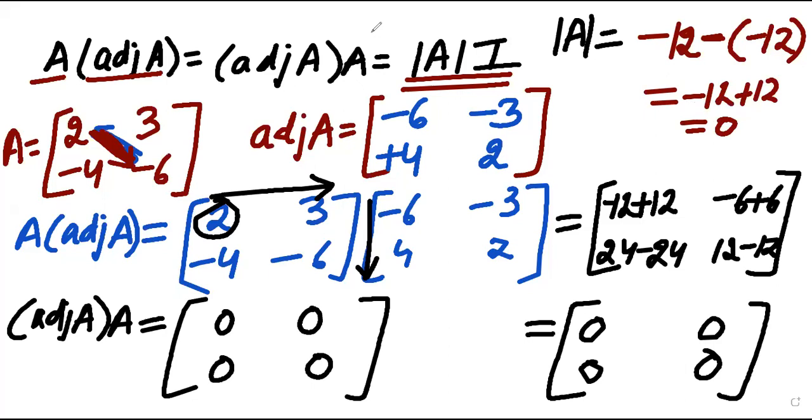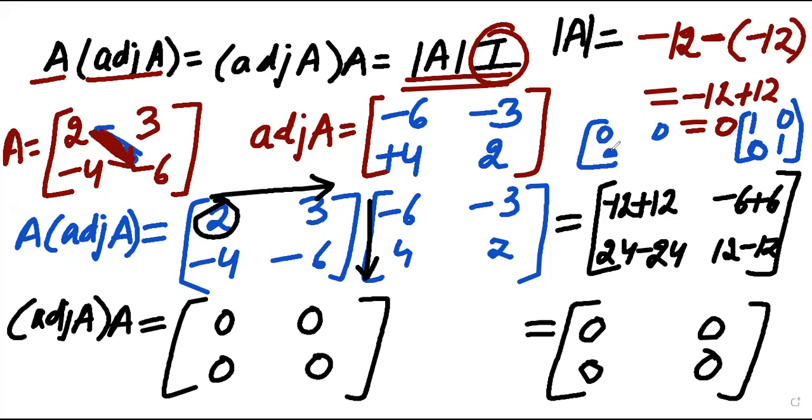Yeah, that is right, Mohit. Now after this, multiply with the identity. Okay, so what is that identity matrix? If it is 2 cross 2, so 1 0 0 1. Yesterday I told you, you have to take the value 1 on the diagonal and others 0. So if you multiply 0 with 0 1, that is 0 0 0 0. What we got here, this matrix and this matrix, these three are the same.